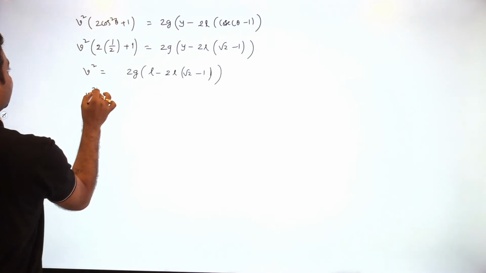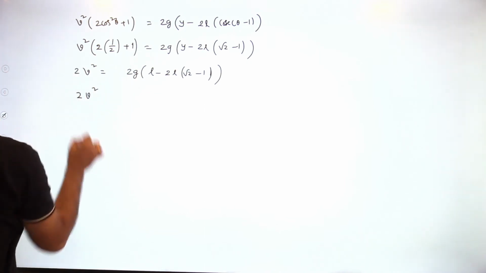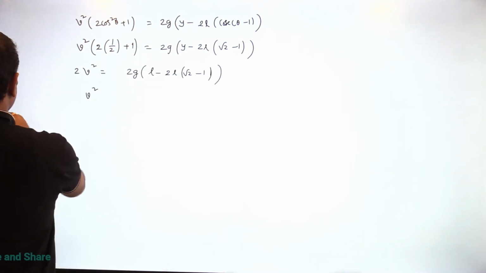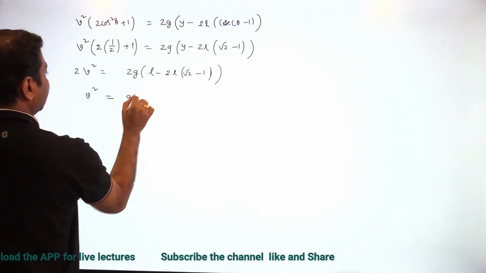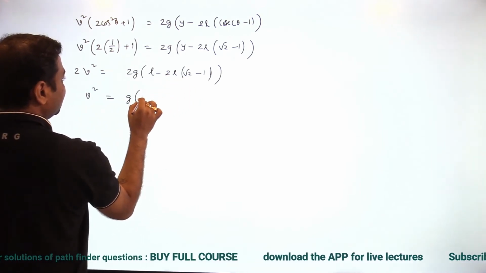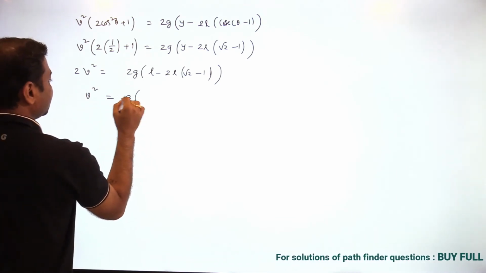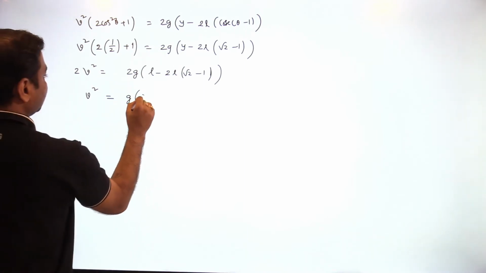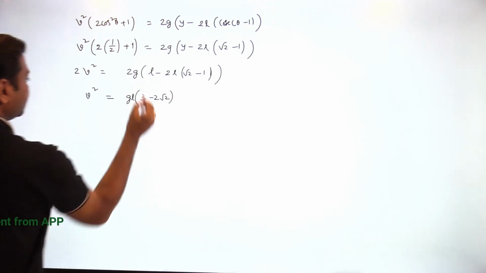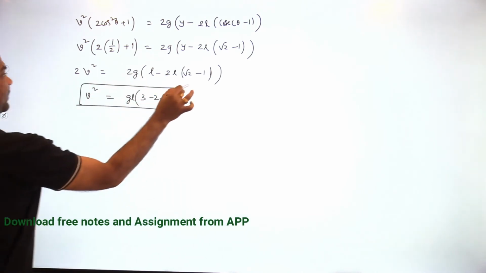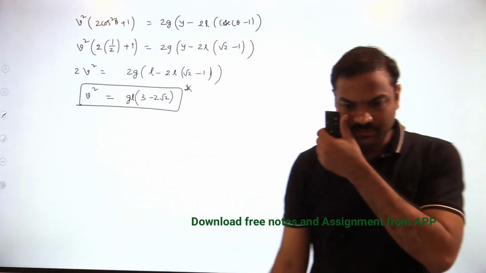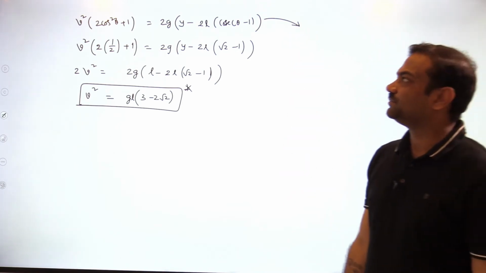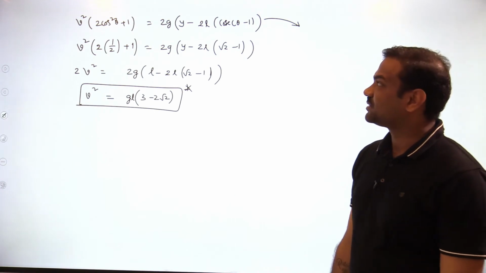So then finally v square, this is 2v square, 2g, the 2 cancels out. So then v square is equal to, maybe you feel it is a little lengthy. This is L minus 2L root 2 minus 1, you can take L out, otherwise you will get 2 minus 2 root 2, and 3 minus 2 root 2. This is the v value. Let us see where we can apply this. Somewhere it may be useful because we are going to differentiate, that's why. Now this is the velocity as a function of y or as a function of theta. Am I right?